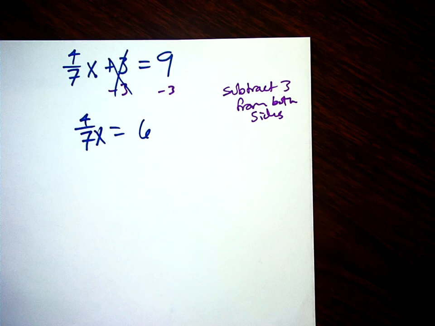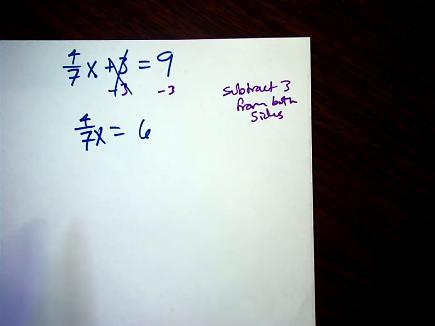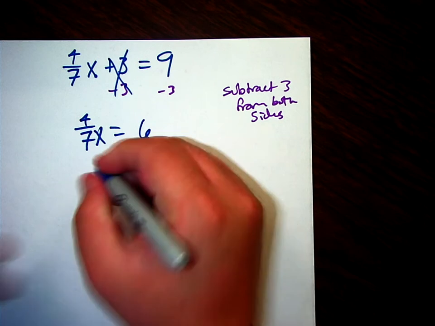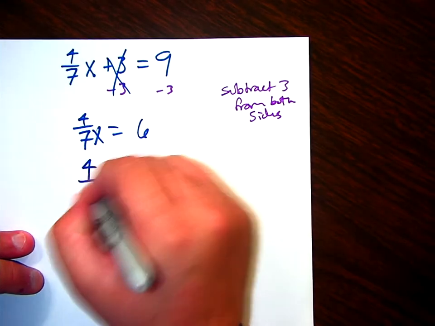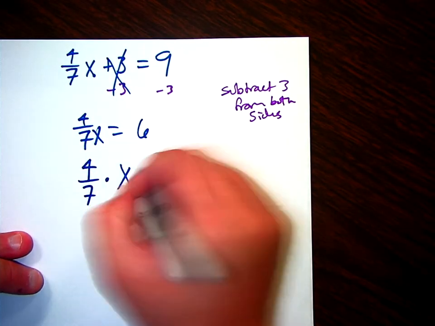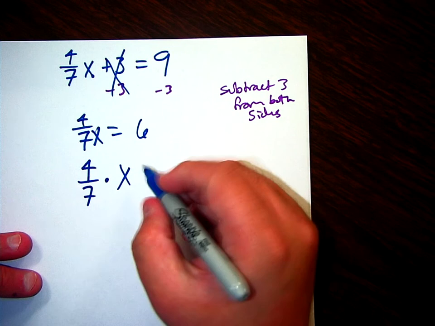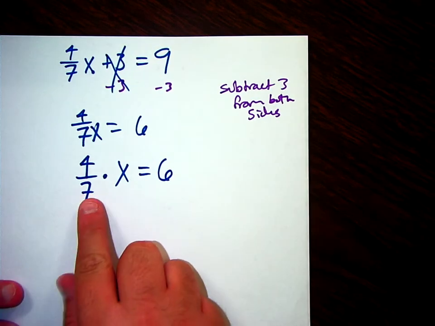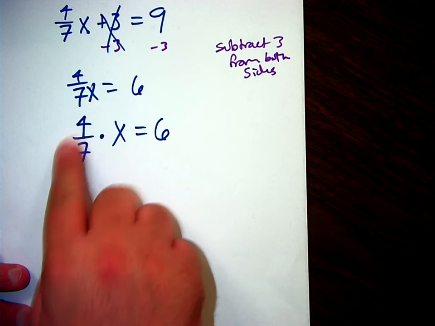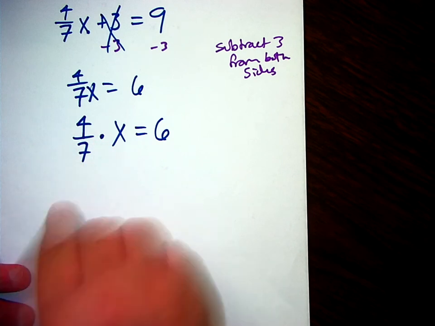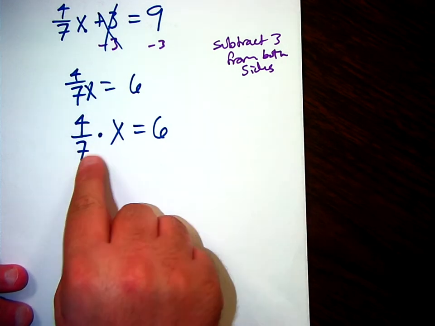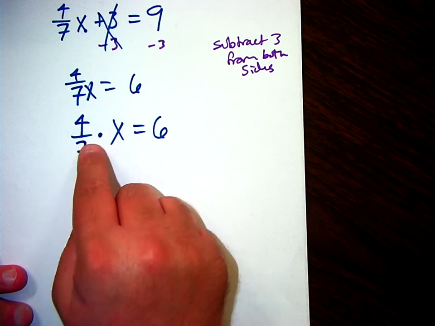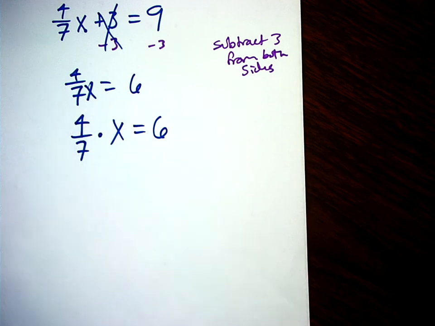So 4/7 x equals 6. Now I want to get rid of this fraction. What this fraction really says is 4/7 times x equals 6. So I need to get rid of this fraction, but we're going to do it one piece at a time. We're going to get rid of this bottom piece first. Right now I'm dividing by 7. And how do I do the opposite of dividing by 7? Well, I'm going to multiply